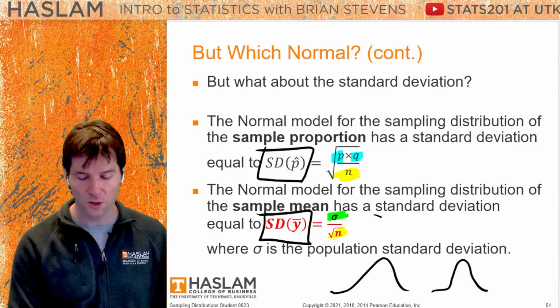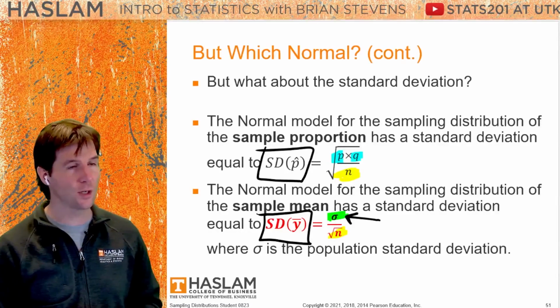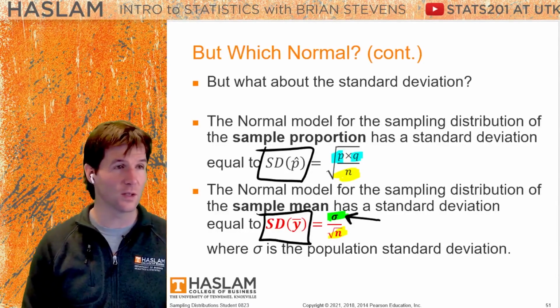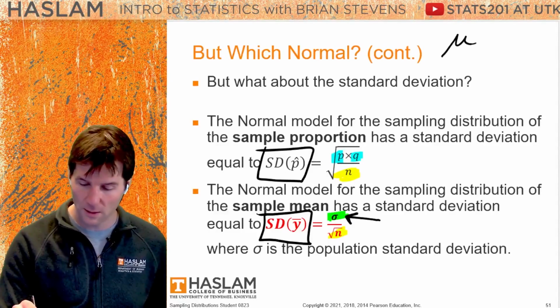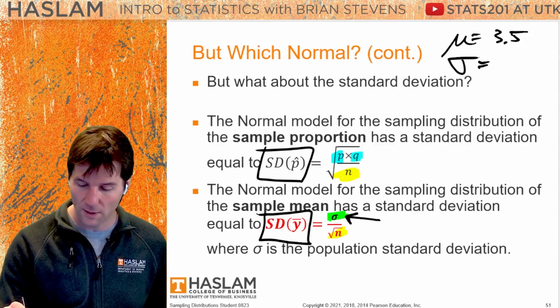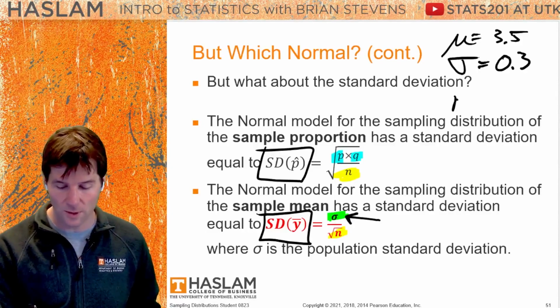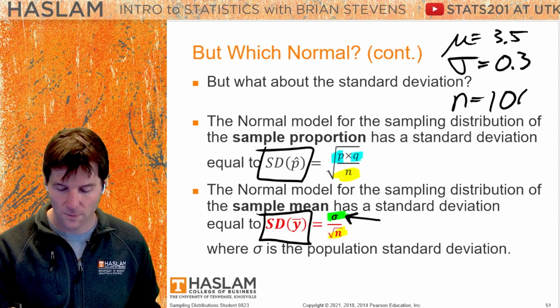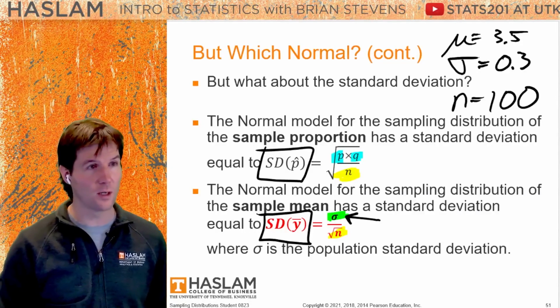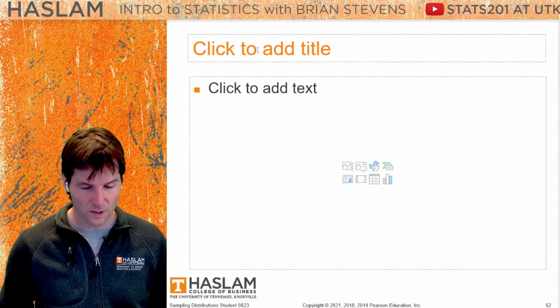You have to take your original population standard deviation, which we know for these examples, like the variation. Let's say students have GPAs that have a mean equal to 3.5 with a standard deviation of 0.3. It is right skewed, and we sample 100 students. Think about the formulas you already know right here, and let's practice. What we would do with this information